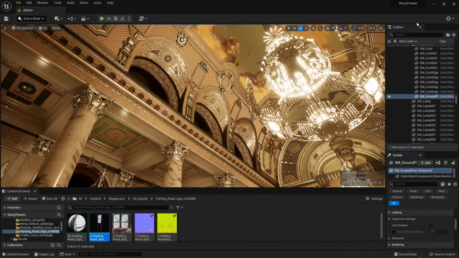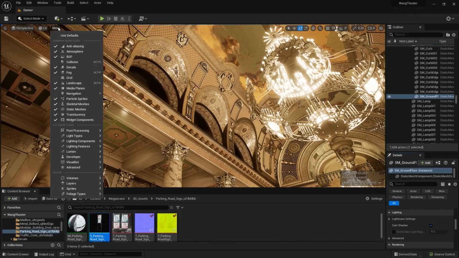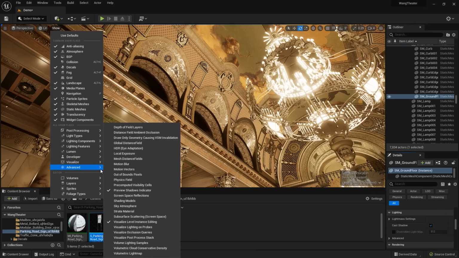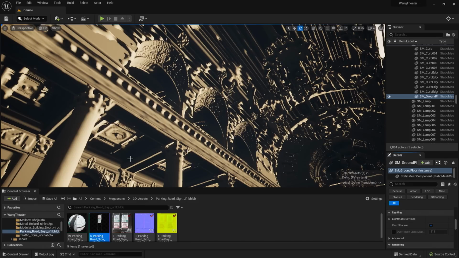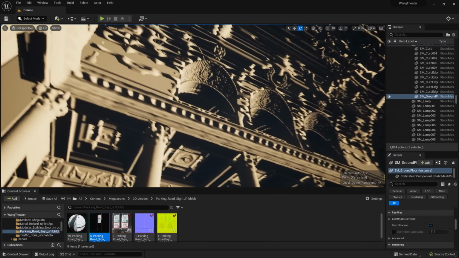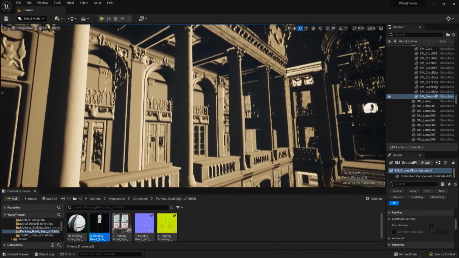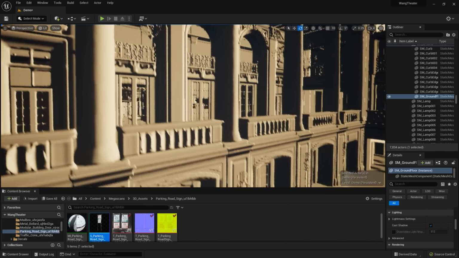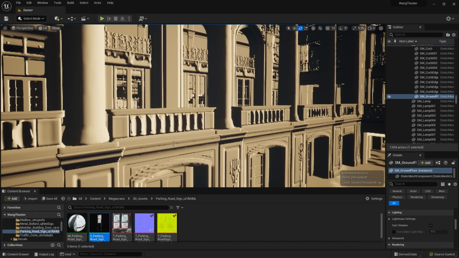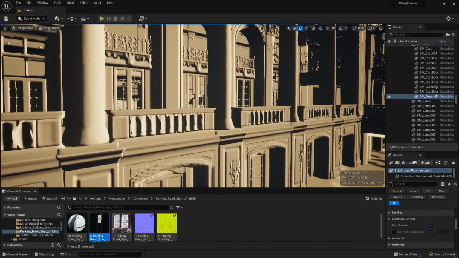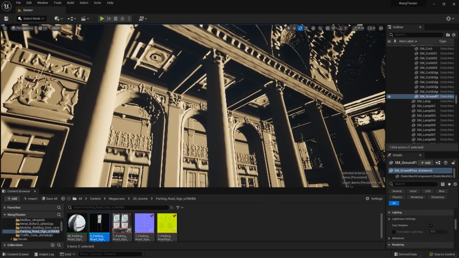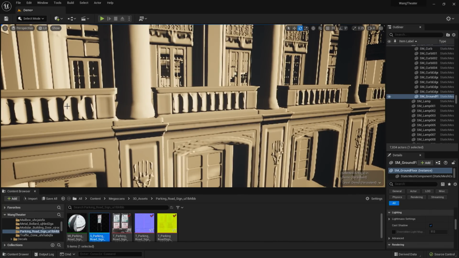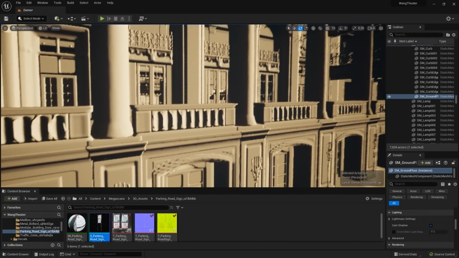Now let's visualize those mesh distance fields we are generating. To showcase that, I'm going to go over to Show on the top left-hand side, go down to Visualize, and select Mesh Distance Field. So you'll see that for the most part, it's getting the walls, the columns. So perhaps this is all you need, and you could use software ray tracing in order to get some nice Lumen lighting. However, there are some details here that are being lost with these mesh distance fields. So this is the situation in which hardware ray tracing would kick in if enabled and base the lighting calculation based on that true geometry.